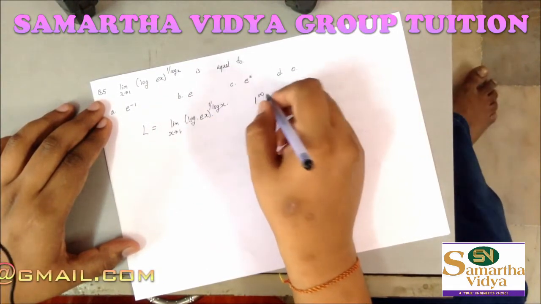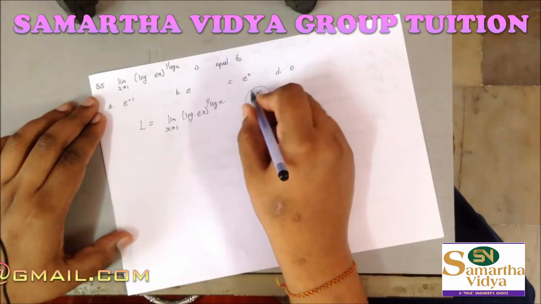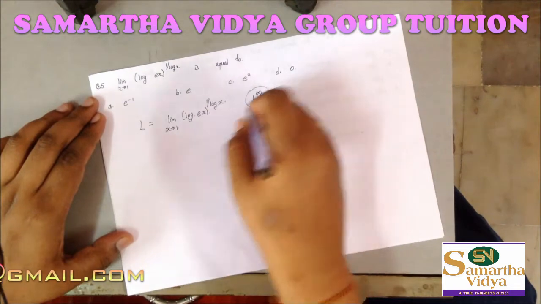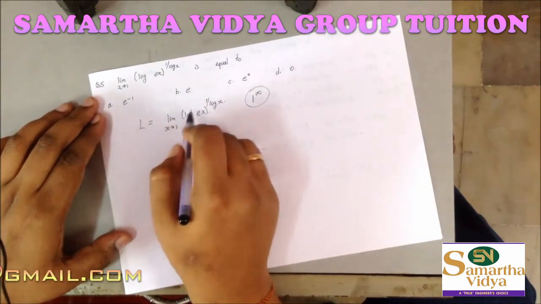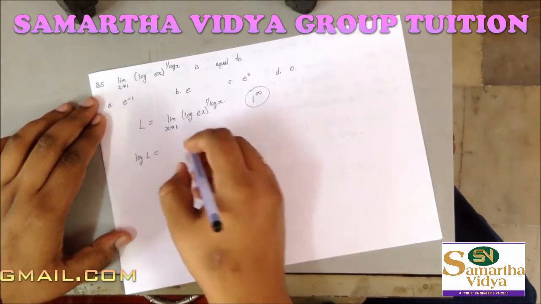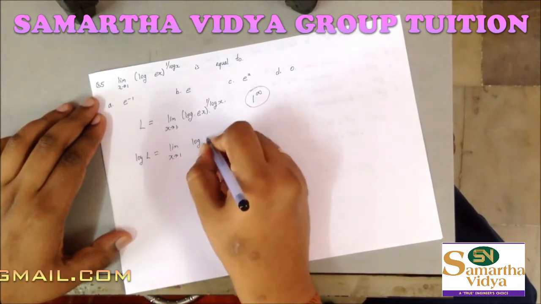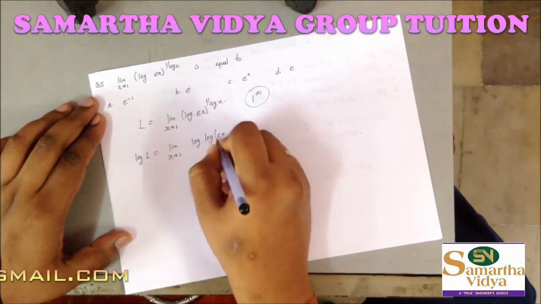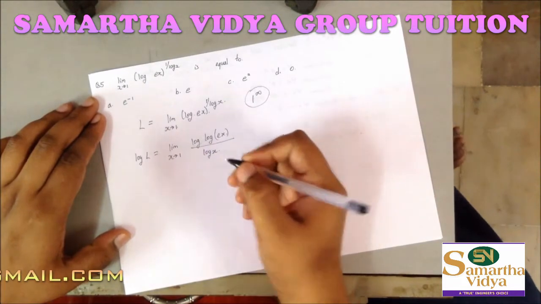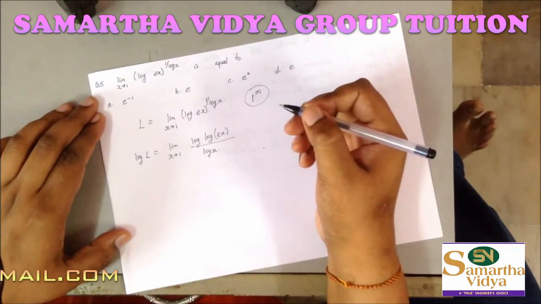So as I had stated that L'Hopital rule has many other alternatives to it, so this is one of the alternatives, which is 1 raised to infinite. So when we have a 1 raised to infinite, what we do is we just take L is equal to the limit part, and then we take log on both sides. So we have log L is equal to limit x tends to 1, so this becomes log of (log e^x), divided by the raised power comes down, that is log x. So this step is very crucial whenever you see that it is of the form 1 raised to infinite.